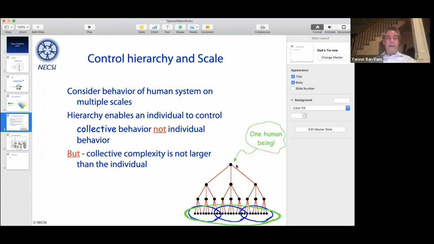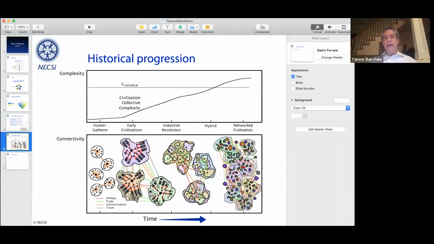So the bottom line is, it is manifest that the world is facing a complexity transition. And this is a diagram that you can find in a paper called Complexity Rising. I don't know if someone sent you this paper, maybe you did. If you look up Complexity Rising online, you will find this paper. Basically, the collective complexity of civilization has been increasing over time, and we've been crossing this boundary, which is the